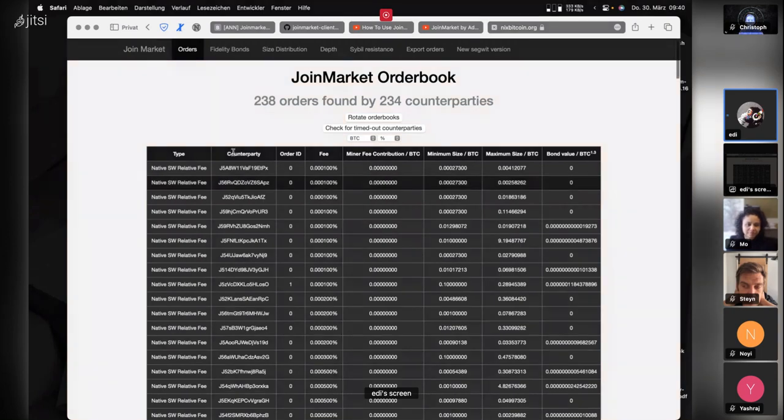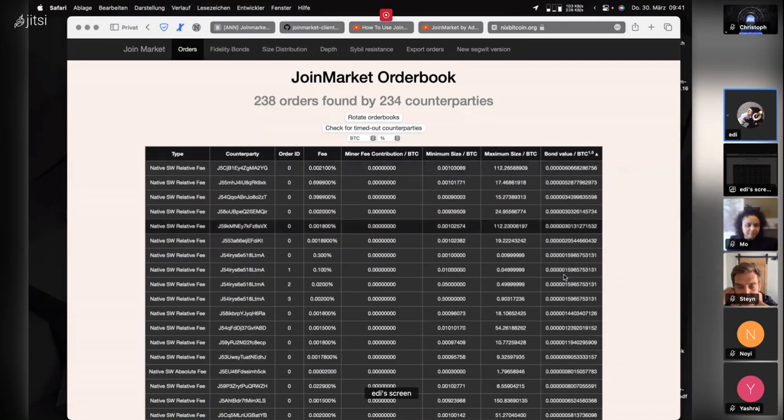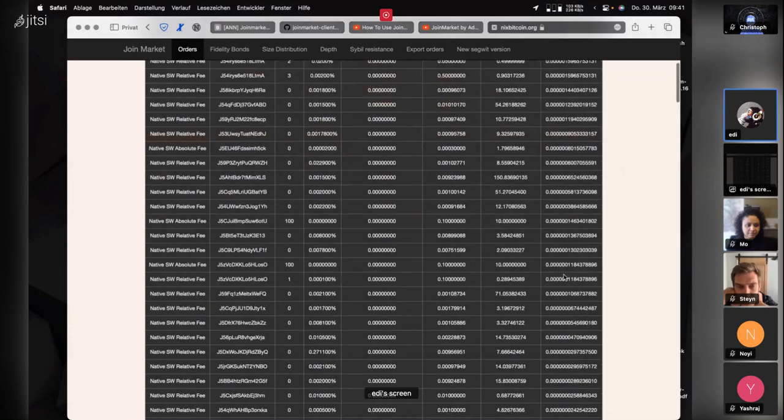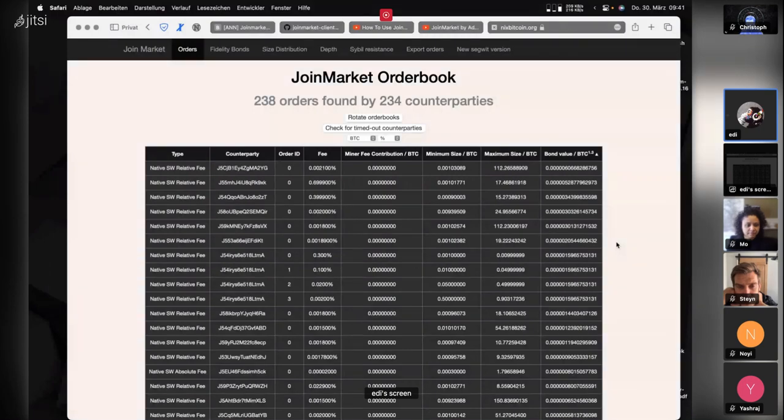They created these IDs or their offerings, that have all these characteristic fees, and what you need to pay, minor fees that are completely zeroed, for example, or the minimum size, the maximum size to take this, and also a fidelity bond. So there are people that have created fidelity bonds. And to understand this order book, everyone is participating in an open market. And now the big question is, how are the takers,